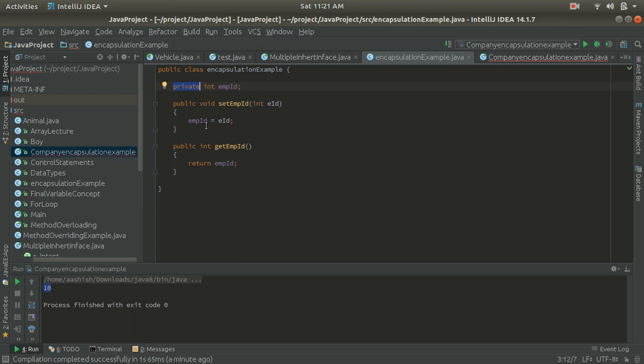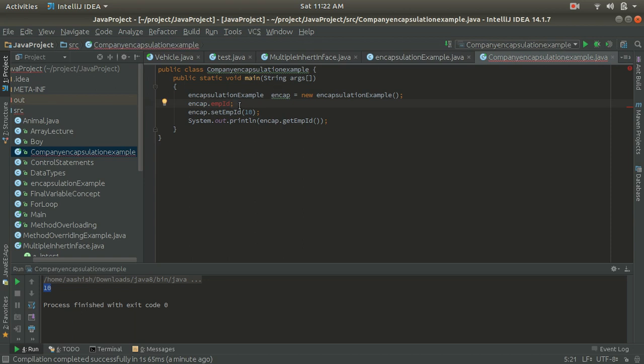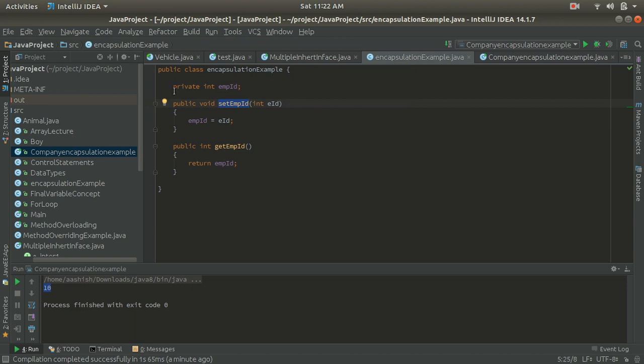To access it, we have to call the getter method and the setter method, right? We cannot call the emp id directly from outside the class. We have to use the setter method and the getter method to access it. This is called encapsulation and data hiding. Here we are using the data hiding concept because we are using a private keyword with the emp id, and data hiding is a sub part of encapsulation.